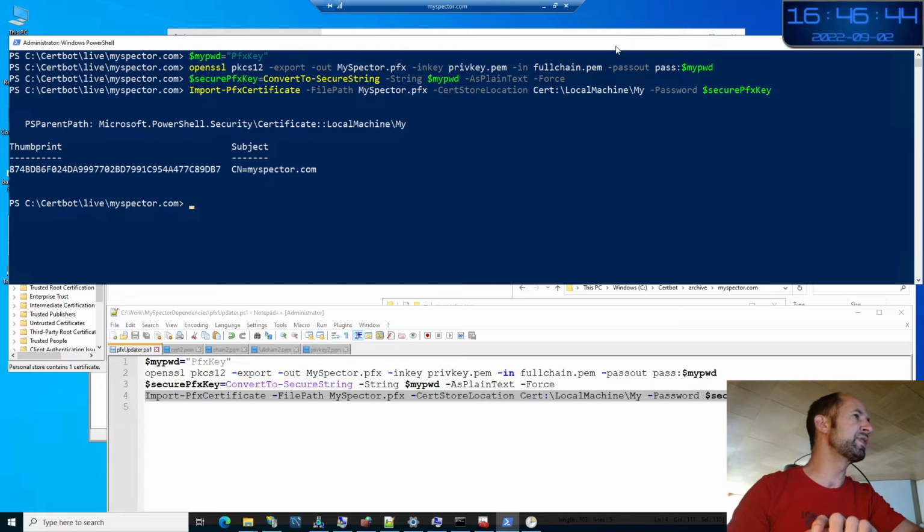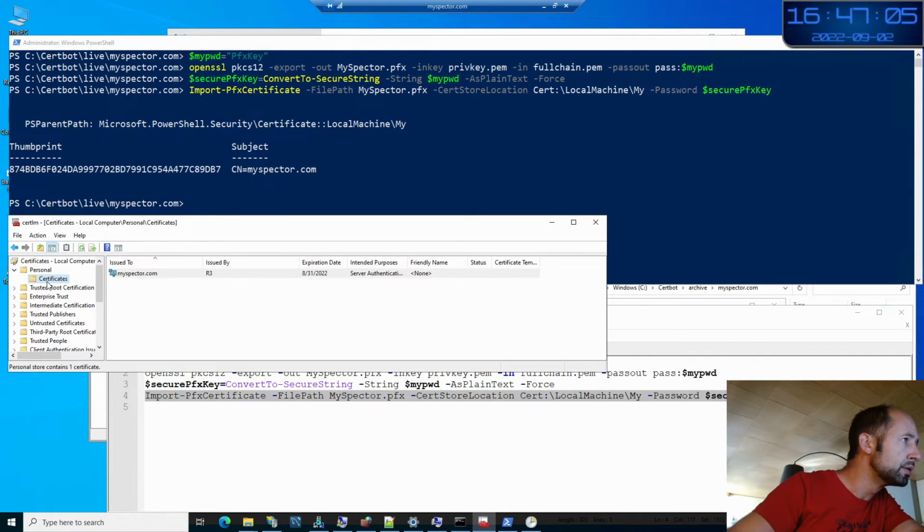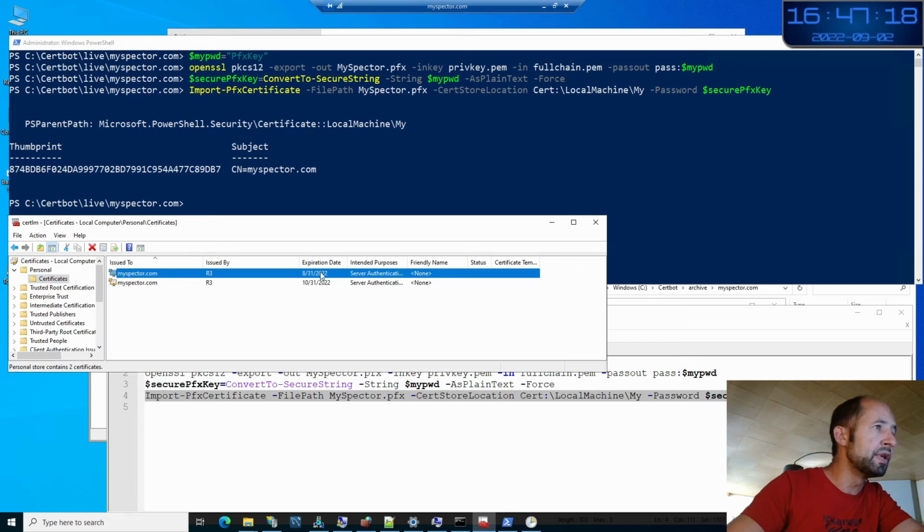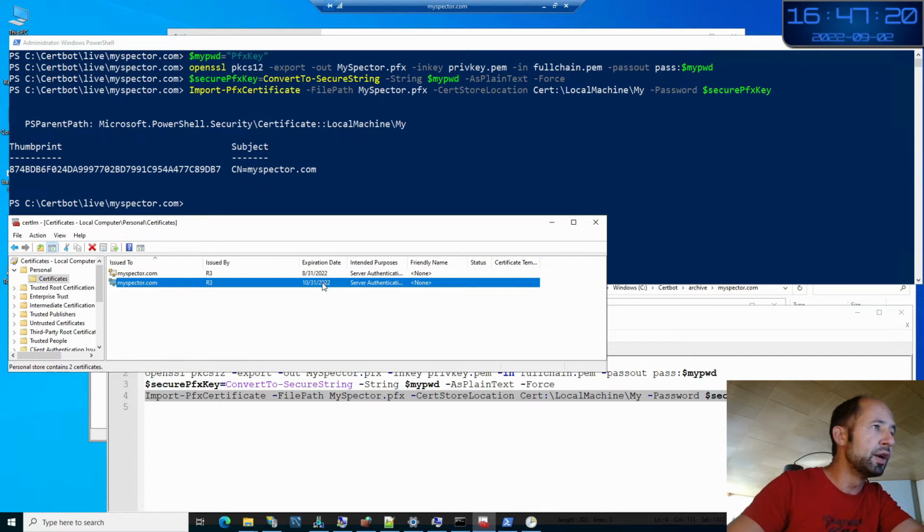The PFX has now been imported. I'm going to click on the refresh button of certificate here. There, refresh. Okay, so now here I see that there is a new line here with the expiration date of October 31st.